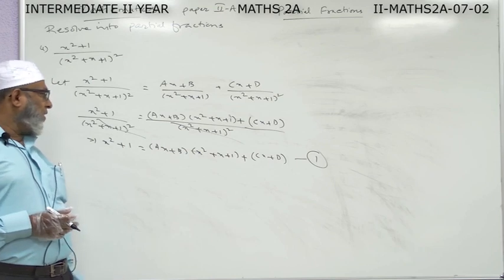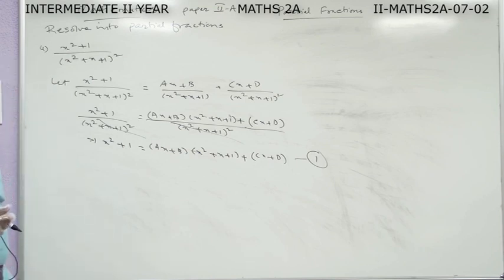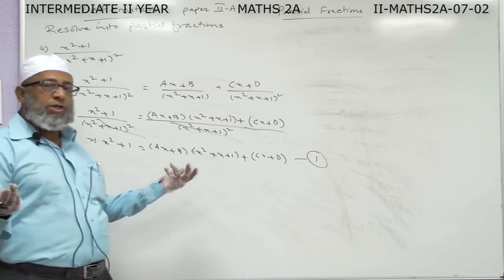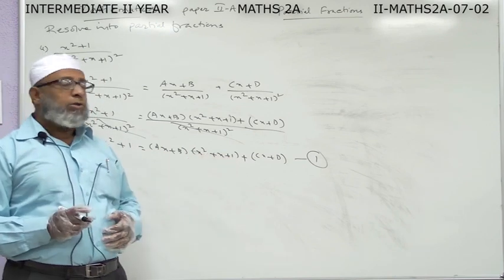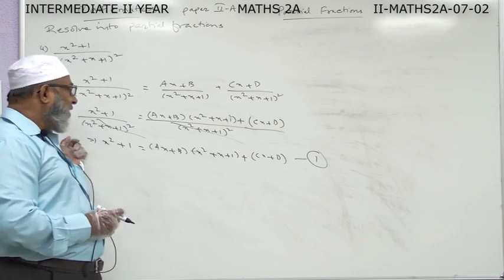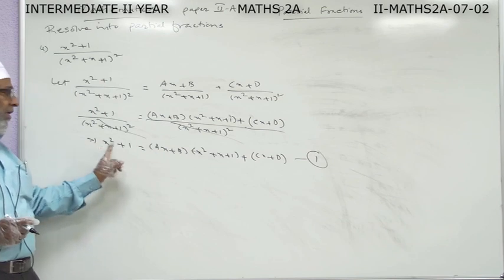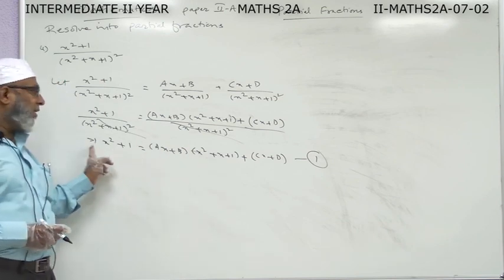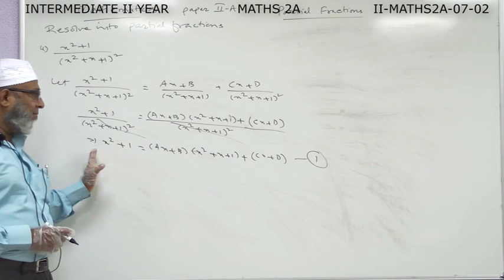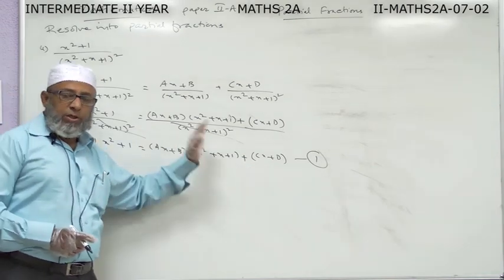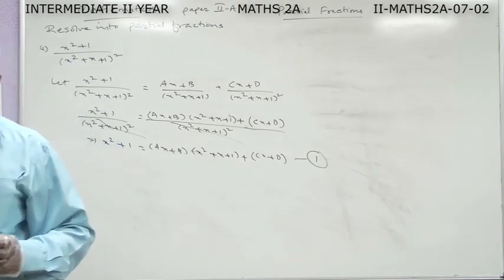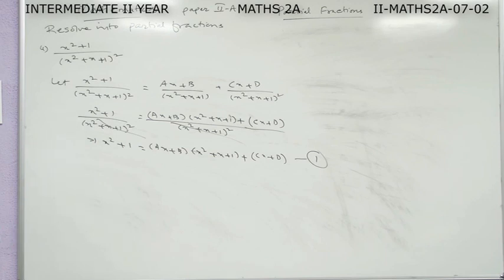Again, using the same technique, because there is no substitution here, you have to compare the coefficient of the highest term from both sides, x cube. You may get the value for a, comparing the coefficient of x square, comparing the coefficient of x and comparing the coefficient of the constant term. You may get the values for a, b, c and d. At last, you may get the answer.